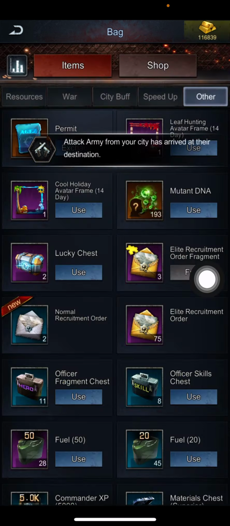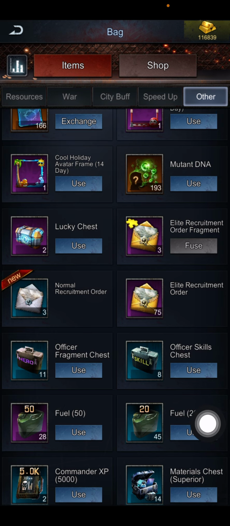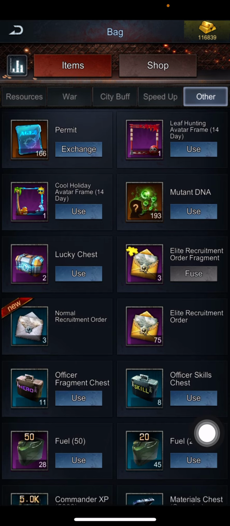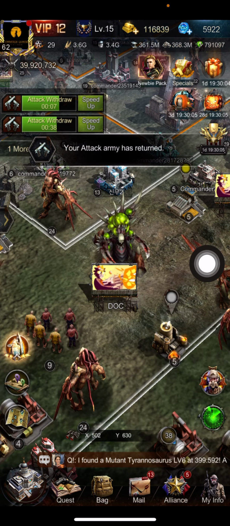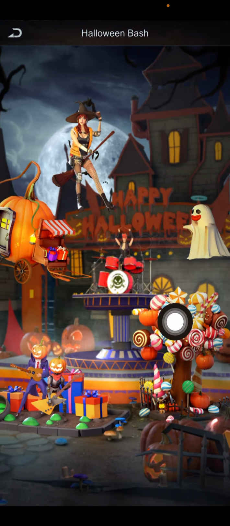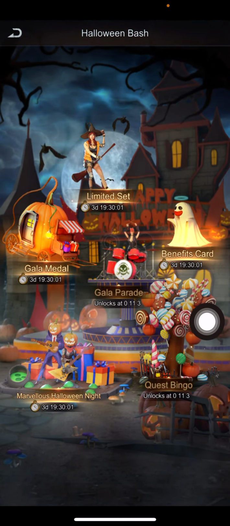Now notice, I'm ranked pretty high. I'm ranked 6th on this side. It means I think I started off with about 120 20 fuel and about 50 fuel. But look at the number of permits exchanges that I got. I got 166 already, which means when you do this event and you get those 100, you get those permits